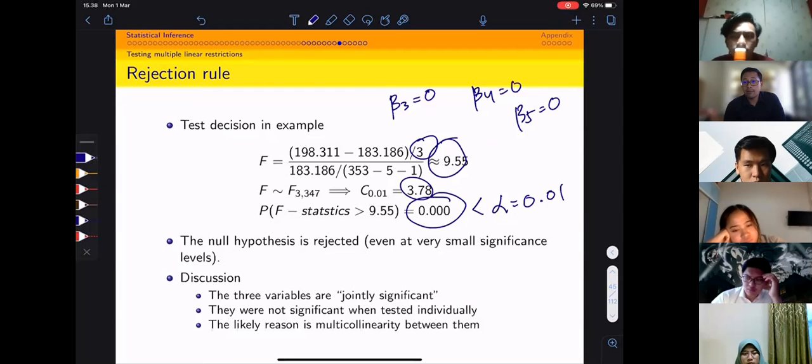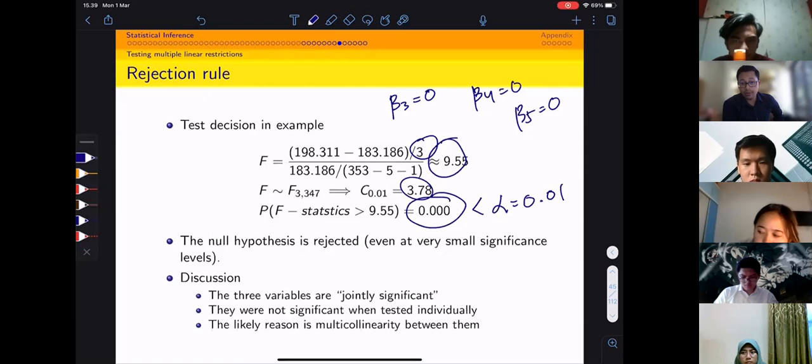If it's lower than the alpha of 1%, what does it say? It says that it's significant at the 1% level. In other words, we reject the null hypothesis at the 1% level. Okay? So in this particular case, what do we mean by we reject the null hypothesis? In the case of multiple linear restrictions, if we reject the null hypothesis, it means that the variables are